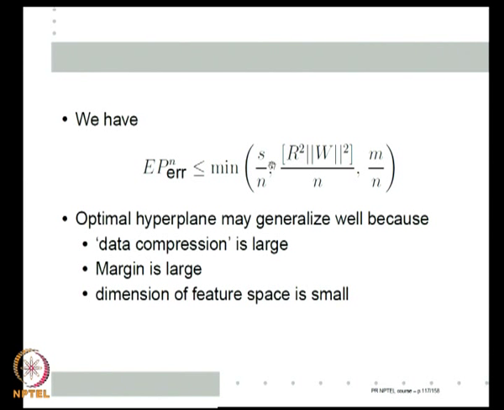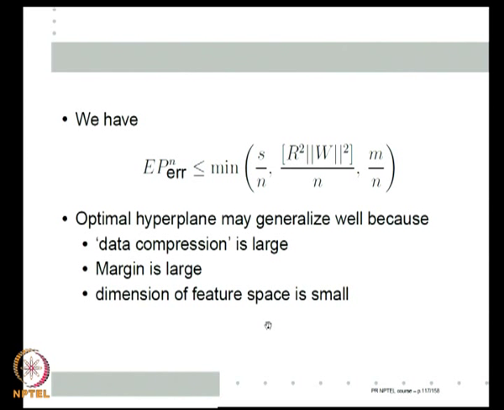But for a subtraining hyperplane, even if m is large, meaning if I replace m by m prime, keeping n same, m prime by n might be much larger than 1, but s by n can still be small, or the margin can still be large, so that my expected error would be much smaller, even though I do not have sufficient number of examples. This is basically how learning optimal hyperplane is helping me.